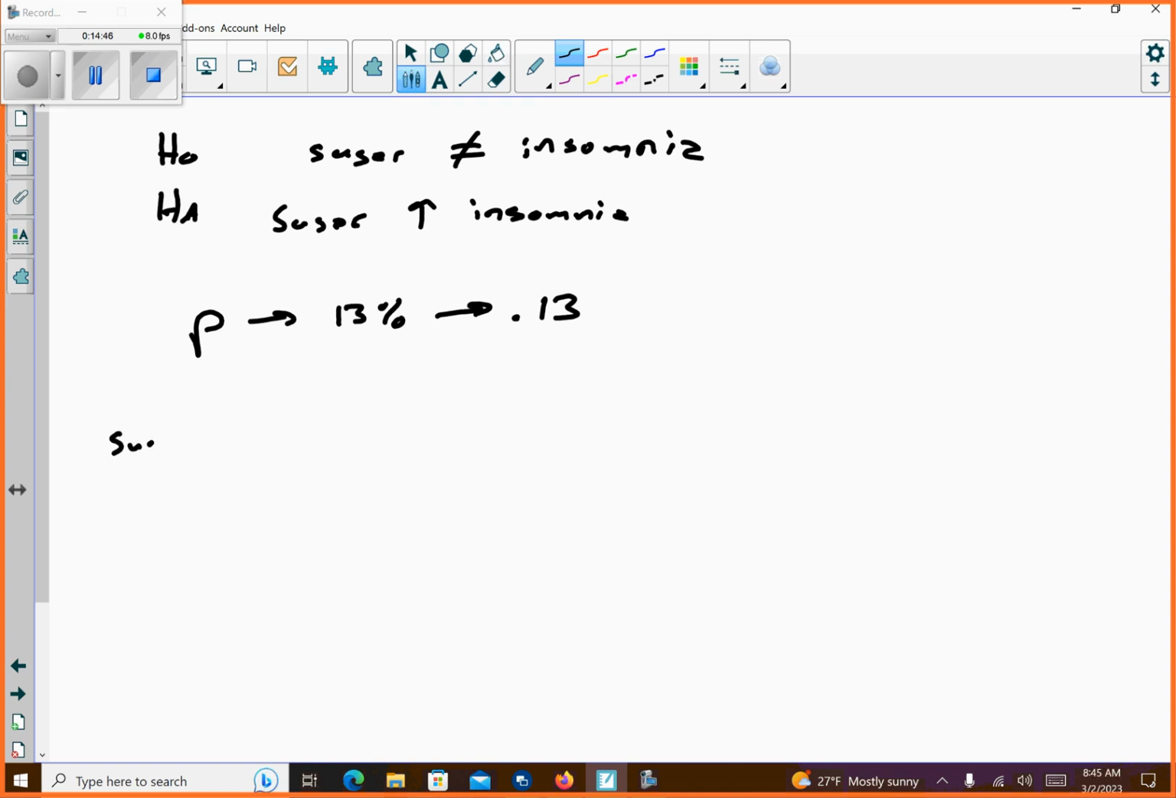Sugar does not produce insomnia. Okay, so the probability that we found that it did increase insomnia by random chance is 13%. Okay, what this basically means in easy lingo about sugar intake,